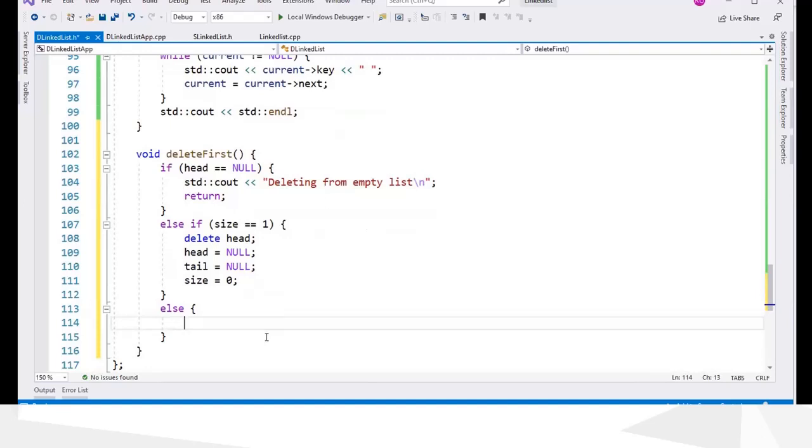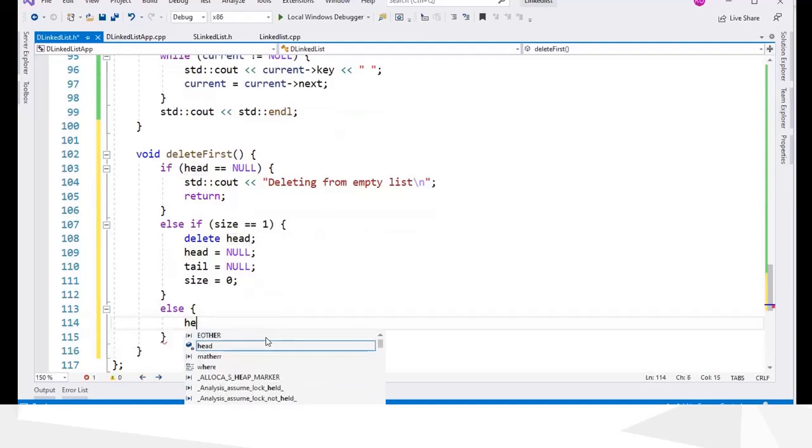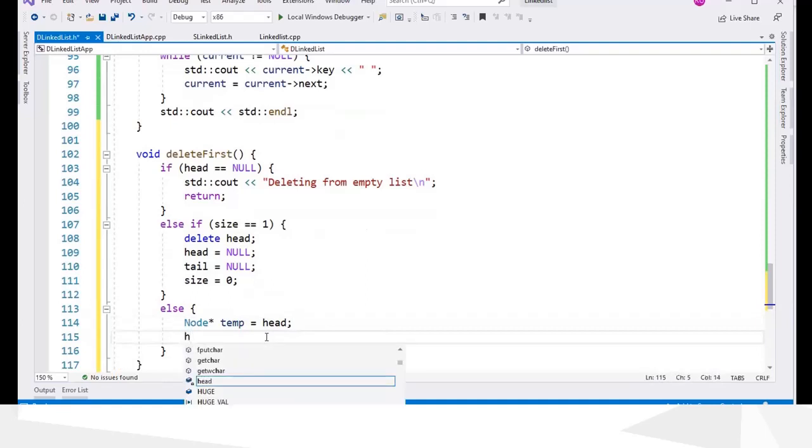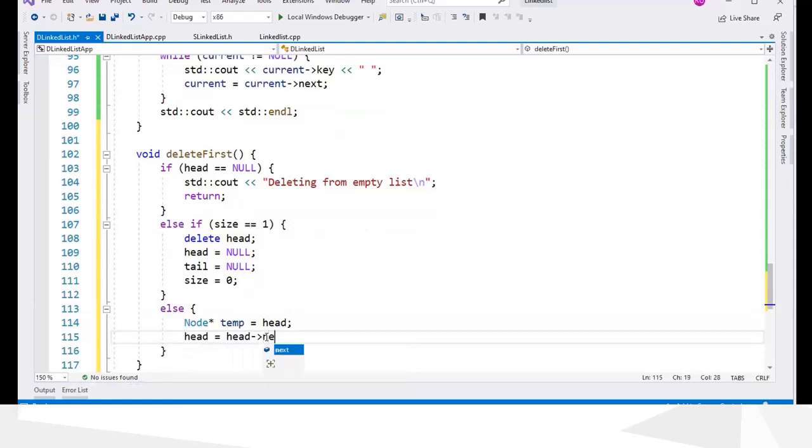So what we want to do is we can move the head. First, we have to remember the temp head. So we are going to delete the first node, head node, now the temp node. Before that, we move head equals head next. So head next is also not null now because we have more than one element.